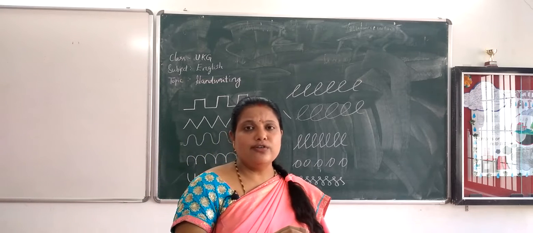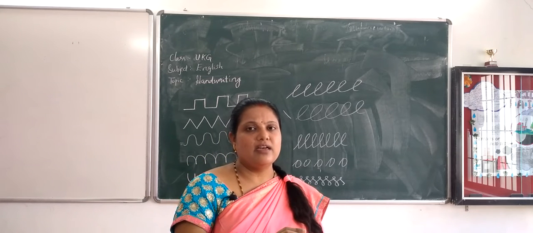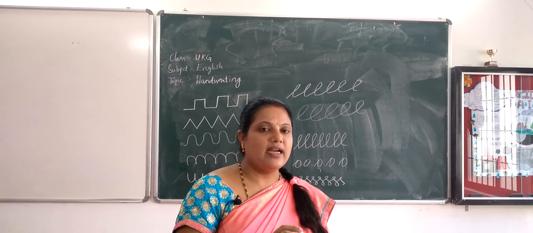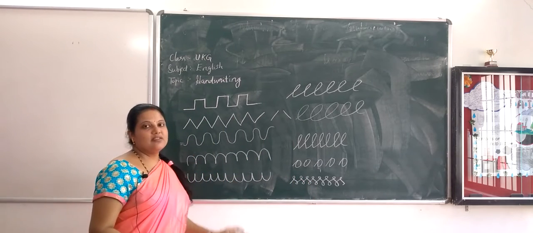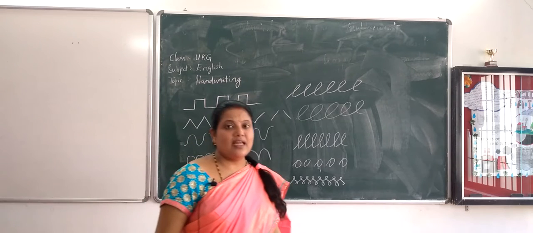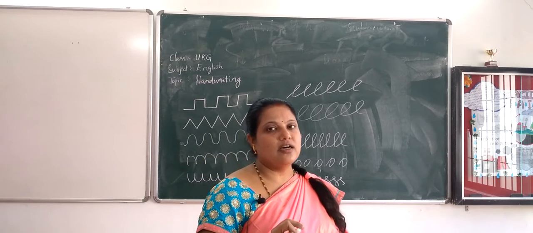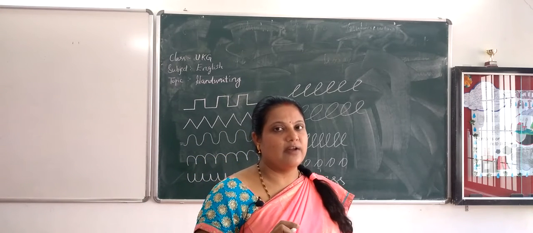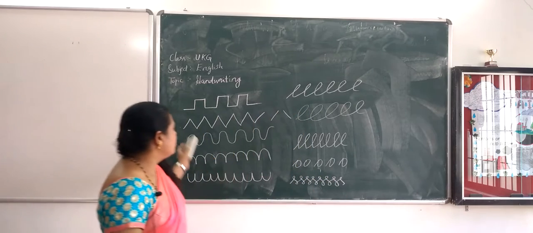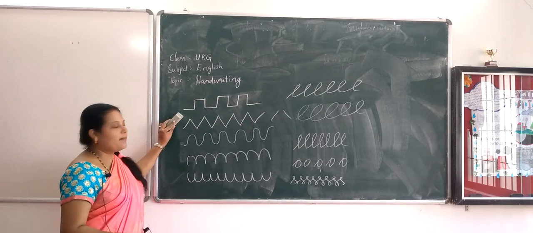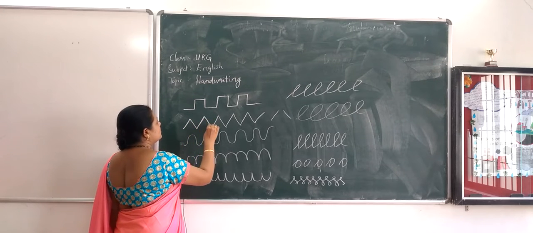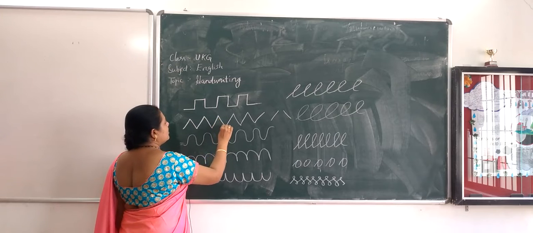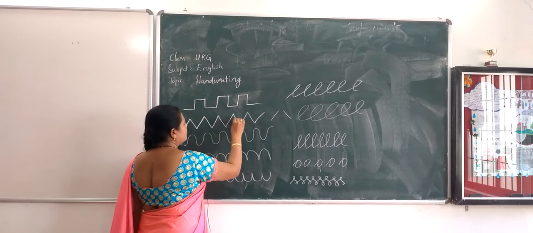Children, you are going to learn the cursive writing, right? Yes. In order to write them, you need to practice these patterns first. It is very good for you to learn the writings. Then later, see this. This is one of the patterns. Can you find the next one? See this, how did I write? Climbing up, climbing down, coming down, climbing up, coming down.